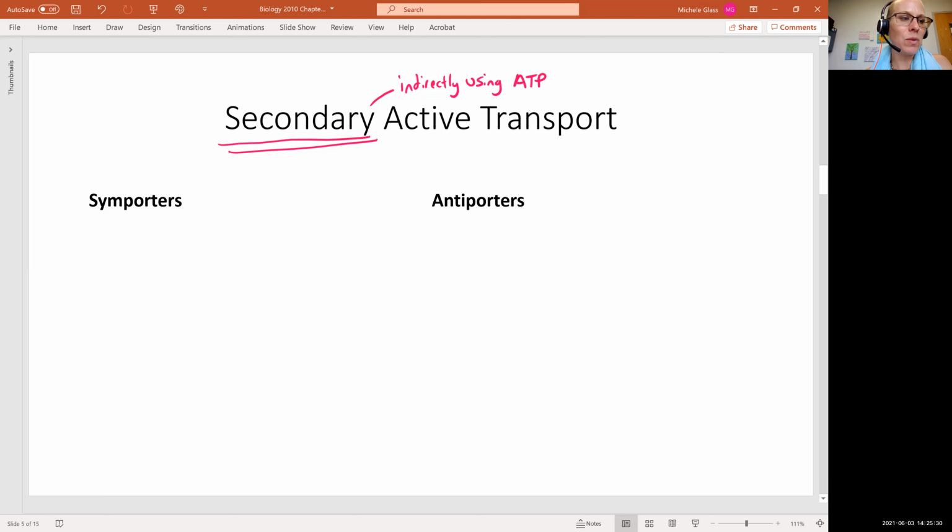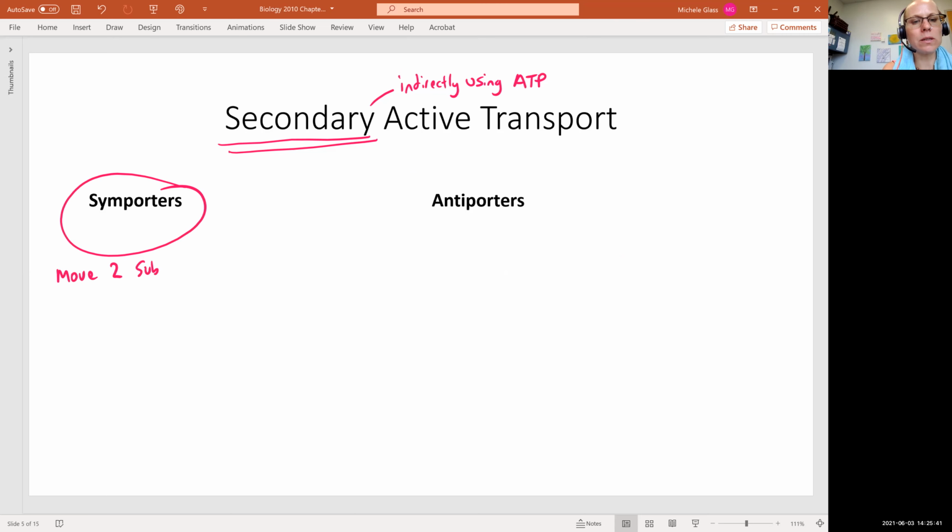So what we see with secondary active transport, in the case of a symporter, you can move two substances in the same direction. So for instance, here you can move sodium and glucose into the cell,